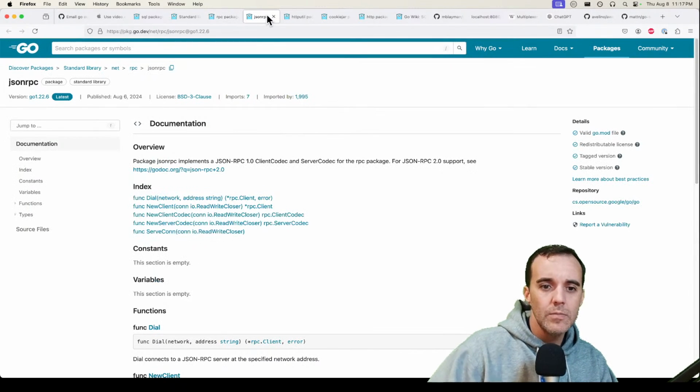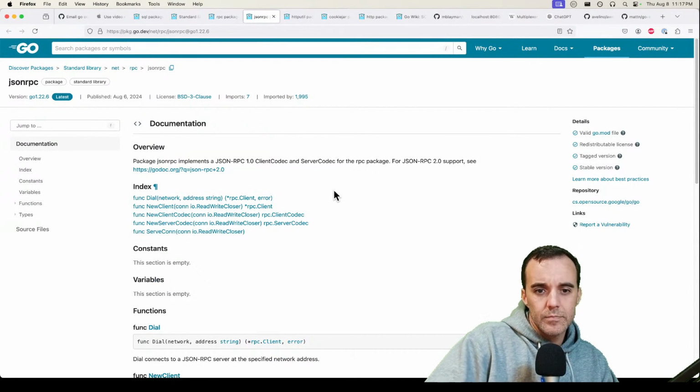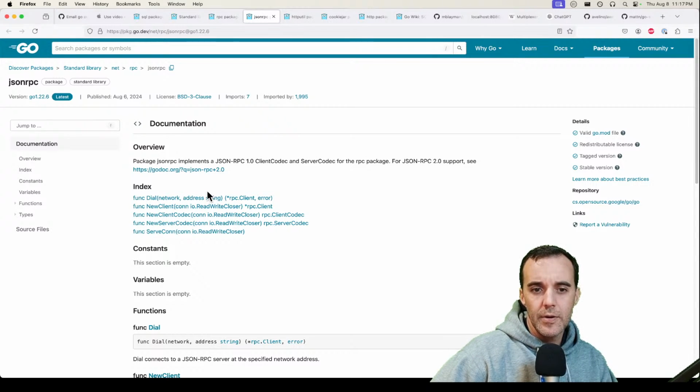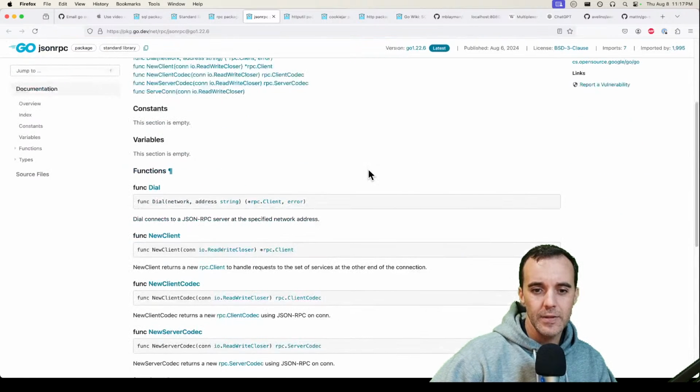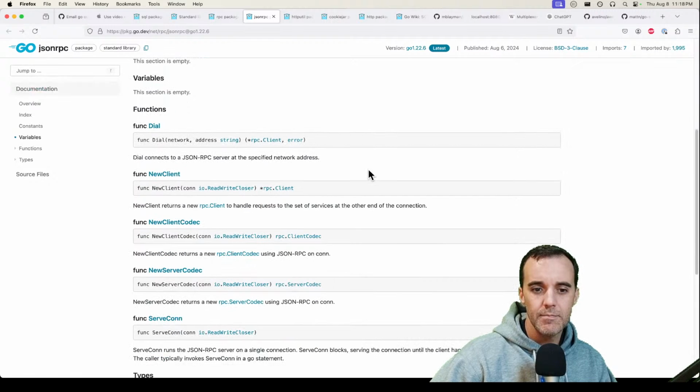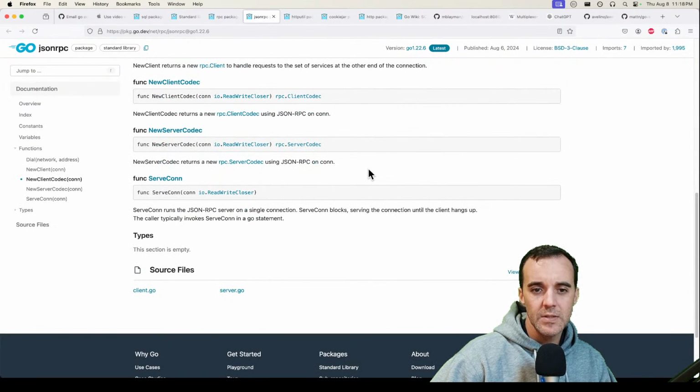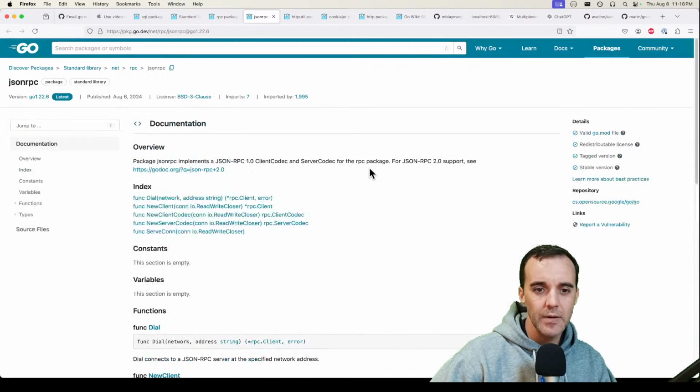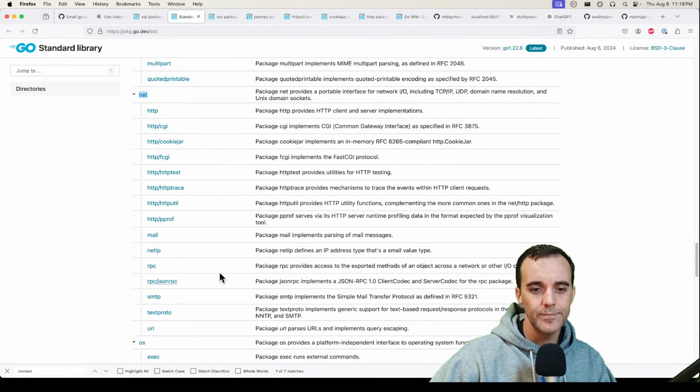Okay, cool. There's the JSON RPC 1.0 spec. That's kind of lame. It's already not a very complicated spec, so I don't know why you'd want to use that instead of 2.0. You're trying to stick to the library, I guess.